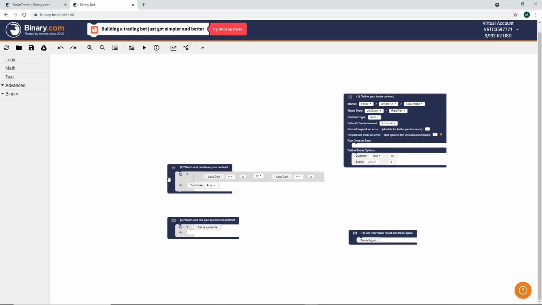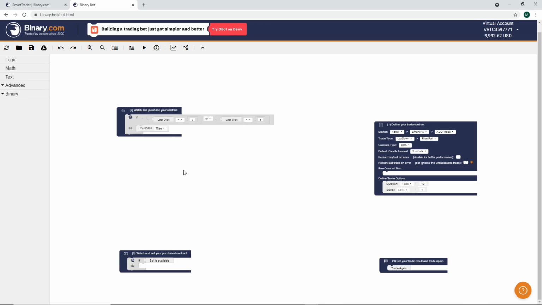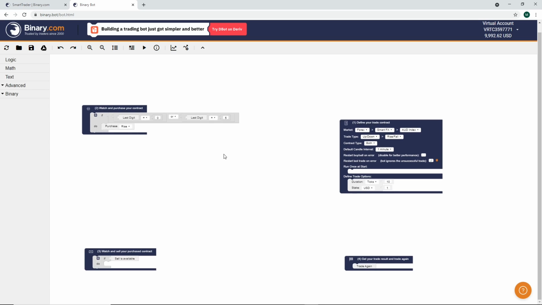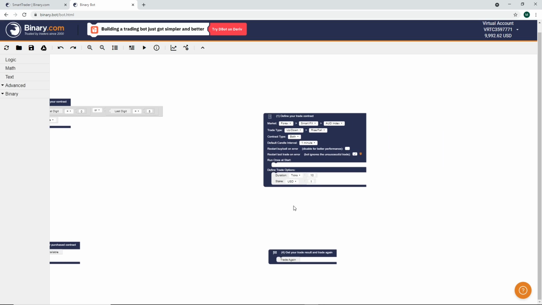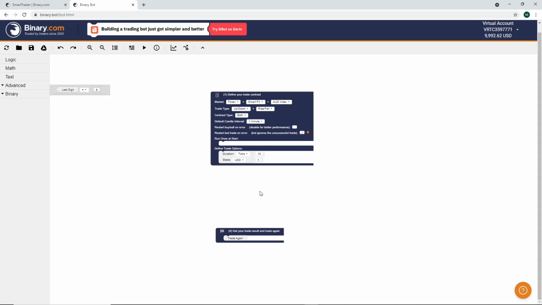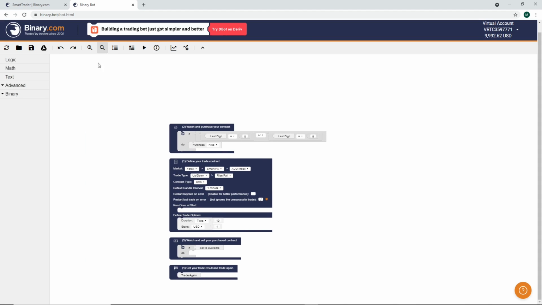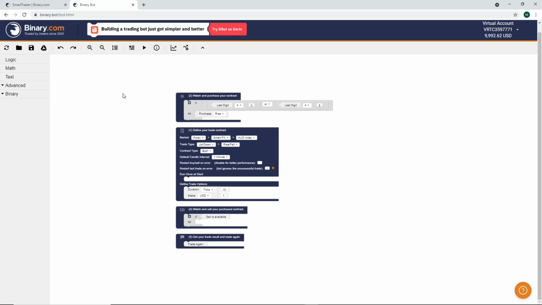During development we will spread these blocks here and there and develop the bot. After the development and creation of the bot, we want to align those blocks in a proper manner, then only it looks good, and in future if we want to edit, it will be better for you. For that purpose this icon is used to align all the blocks in a vertical manner.